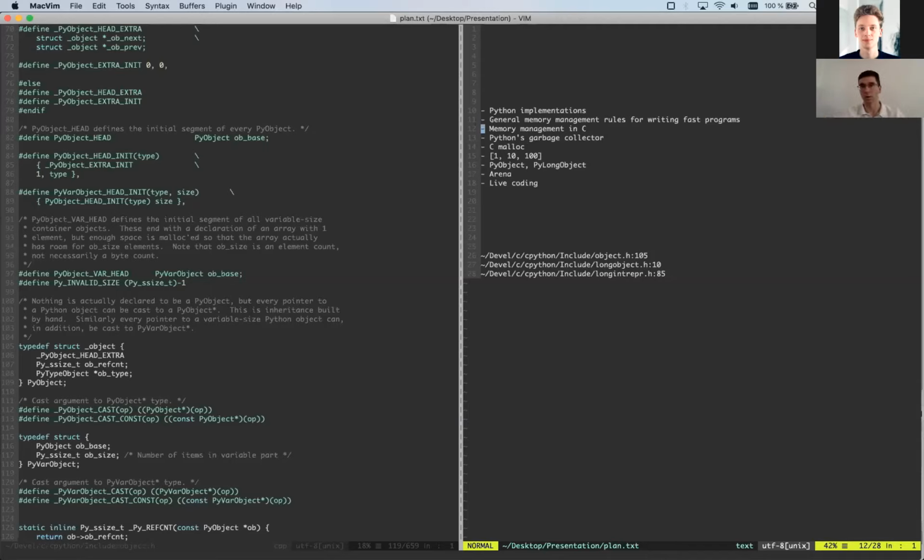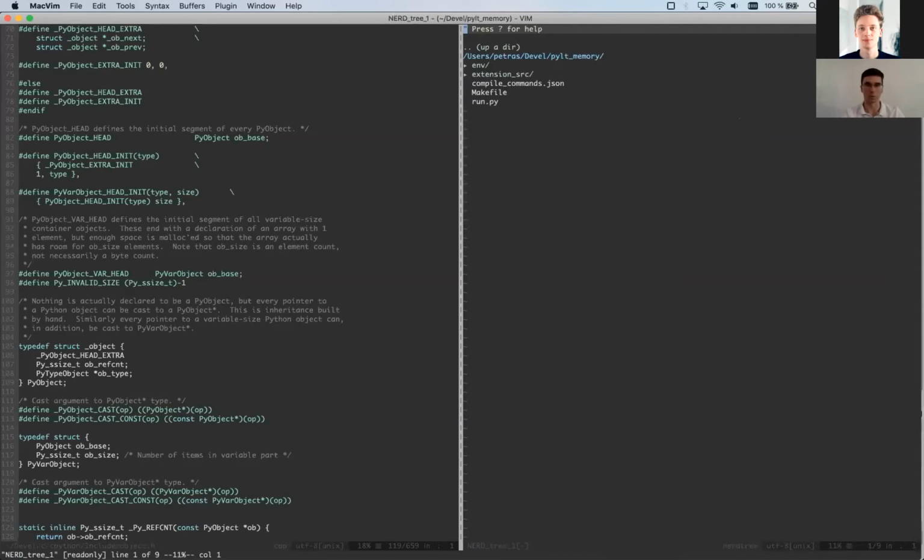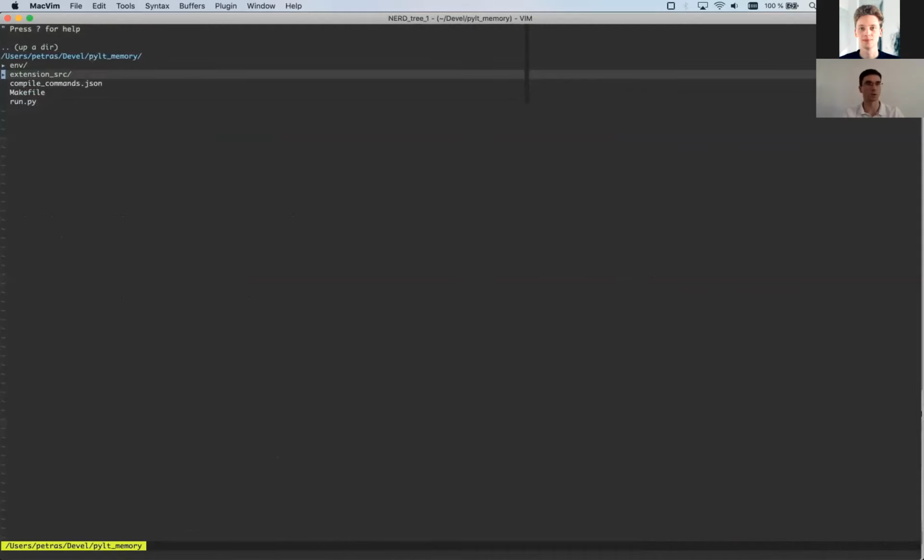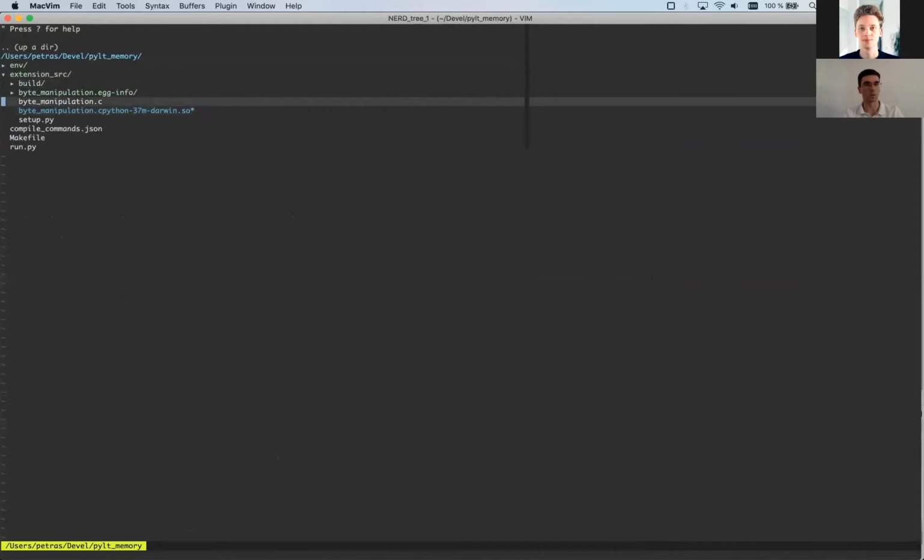Okay, so let's do a little bit of live coding just to see how the Python and C layers communicate and work. Maybe it's going to be a little bit clearer what I was talking about in this whole talk. So I have one C file.